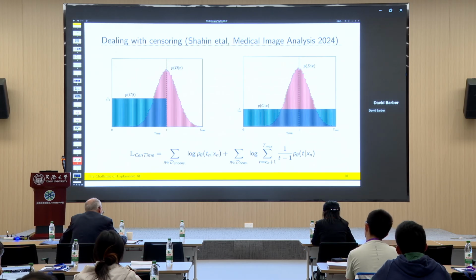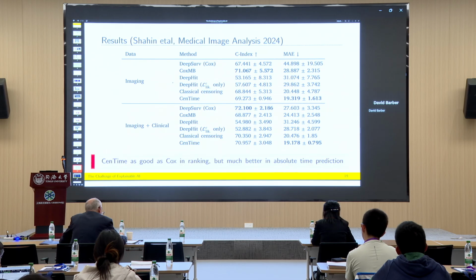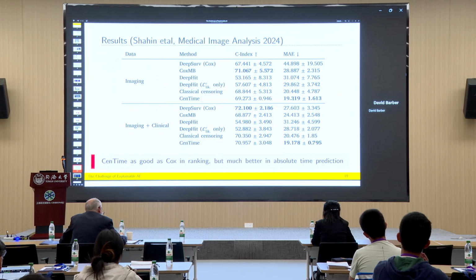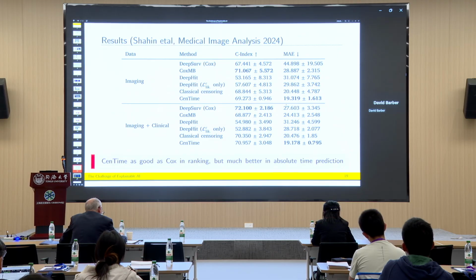It works very well, and it's different from the classical censoring approach in the statistics literature. And this method works well. We are actually able to predict, our method is called Centime, in terms of the number of months error that we make in the prediction. This is the number of months until somebody will die. The error in predicting that is actually smaller for our method than for any of the other methods in the literature. So it's as good as Cox in terms of producing the ranking,